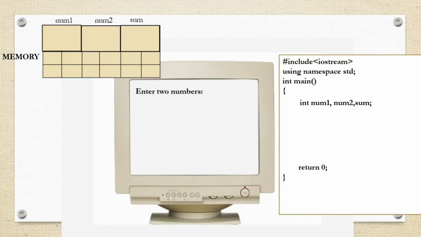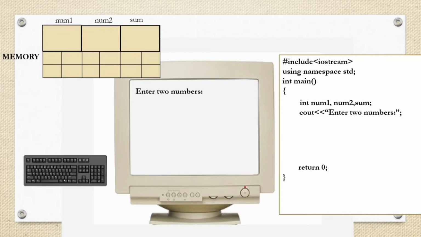You need to give some instruction to the user on what should be done, so that he can follow the instruction and can perform a specific task. Here I have to print "Enter two numbers" on the screen. How to print that? We can use the cout command for printing something on the monitor. So I have written cout "Enter two numbers". "Enter two numbers" is a string that should be printed on the monitor as it is, so it is enclosed within the double quotes.